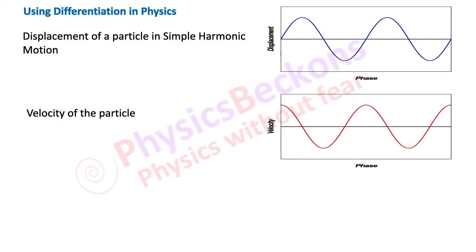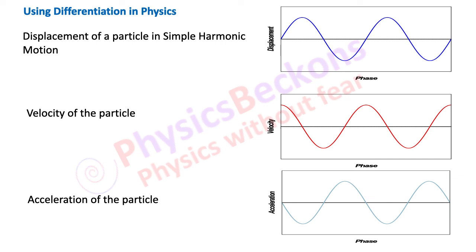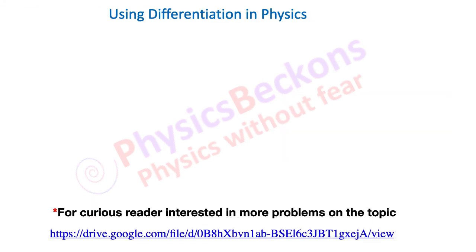Because in the velocity expression the phase is omega t plus pi by 2, we have a different angle, so the starting point is different. Similarly, for acceleration, the graph is again different. This is in opposite phase as compared to the graph for displacement. Anyway, the detailed study of such type of motion, that is simple harmonic motion, you will have in the lessons that follow.